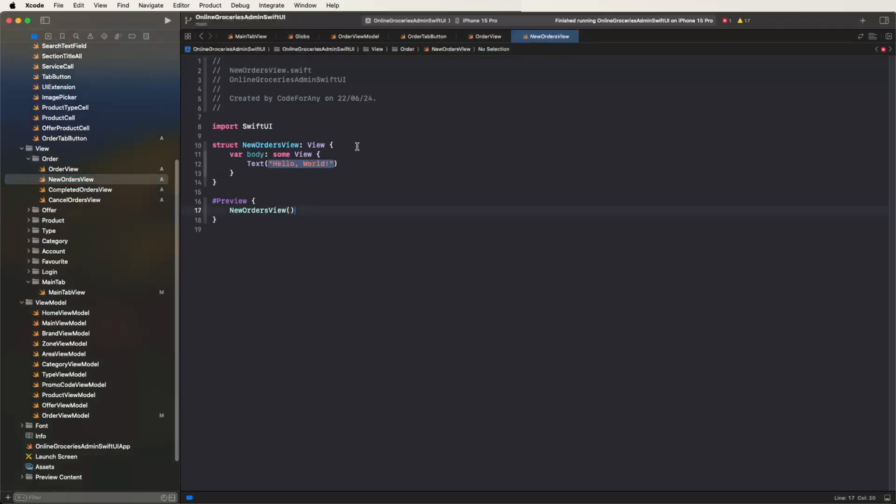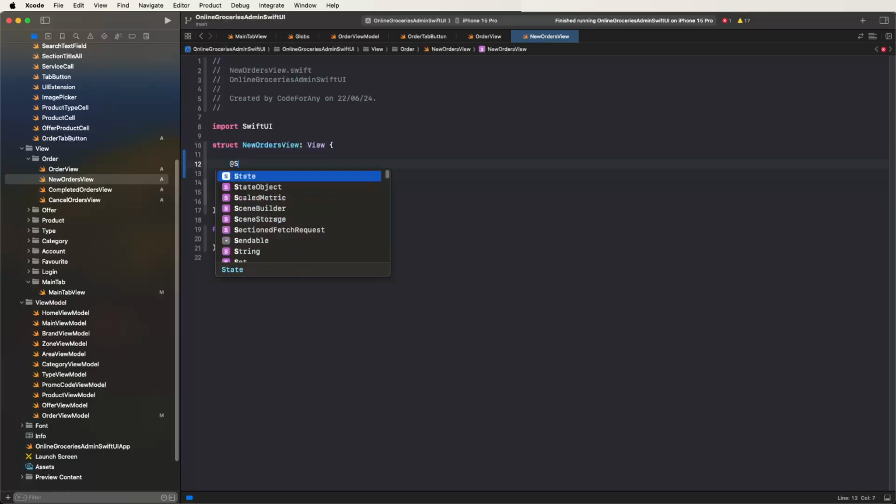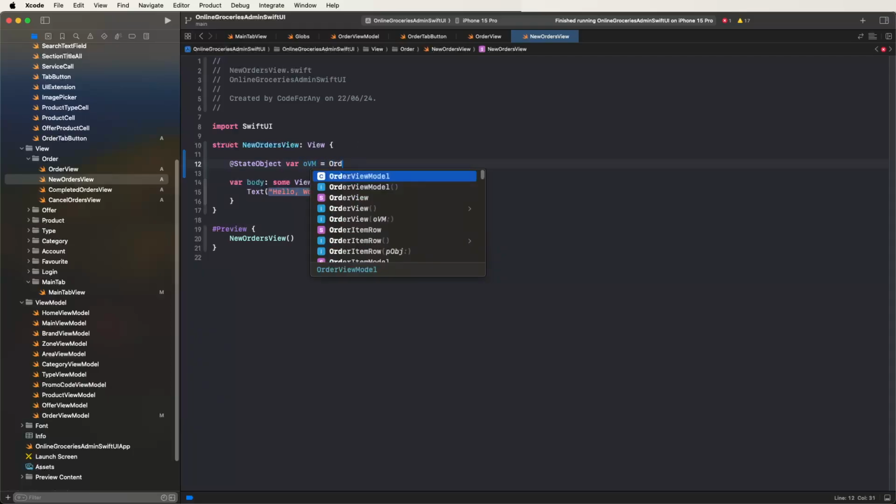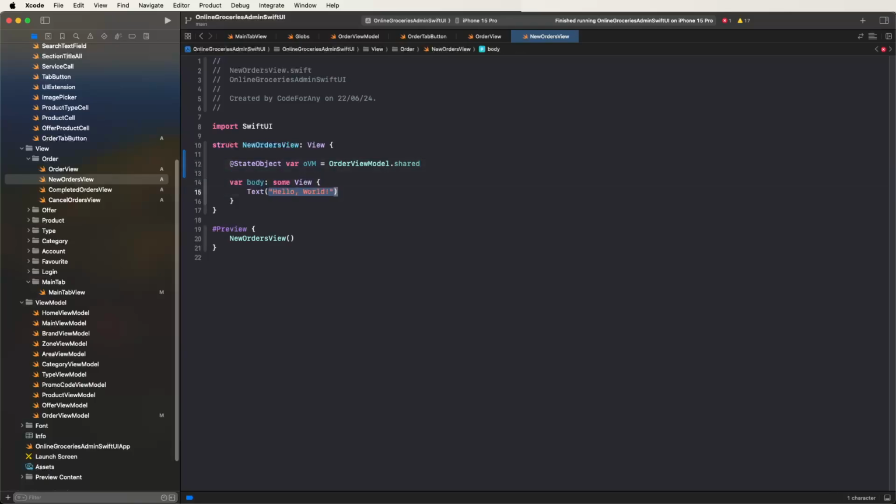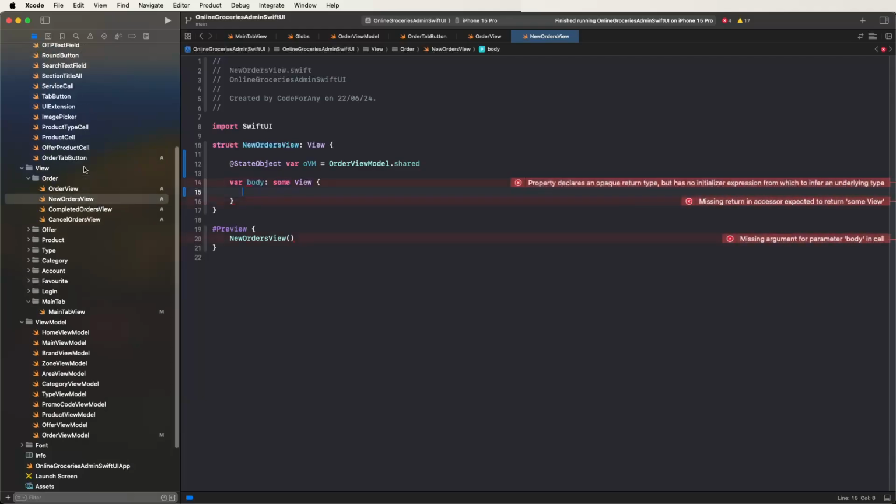First of all, we need to write down the state object array, where OVM is equal to OrdersViewModels dot shared, and also set the scroll view that we need. Now need to go inside the